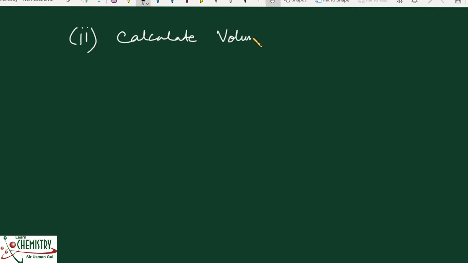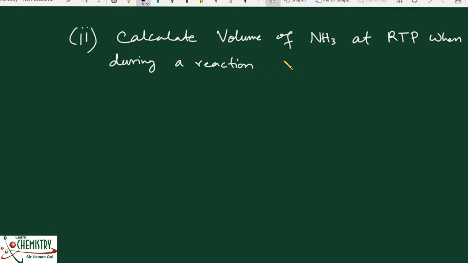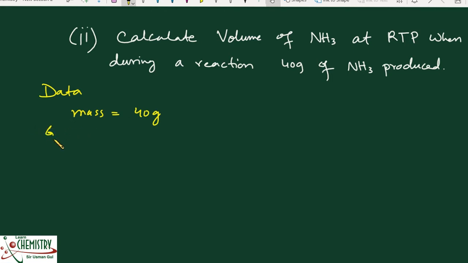Okay, now next question number 2. Calculate volume of ammonia at RTP when, or you can say during a reaction, 40 grams of ammonia is produced. Okay, now here something is different: we have a mass equal to 40 gram, so we will need the gram formula mass, or formula mass, that for ammonia is 14 plus 3, that will be 17